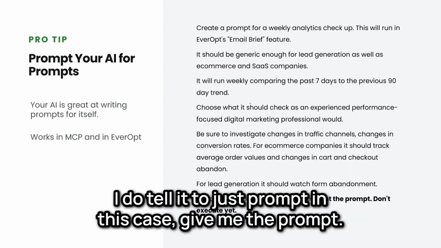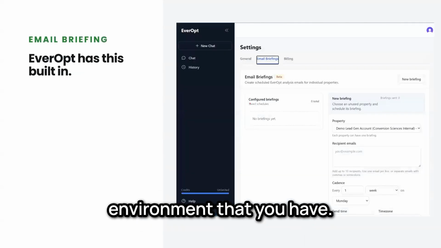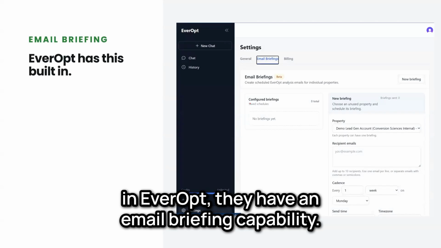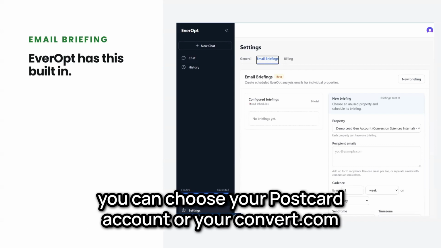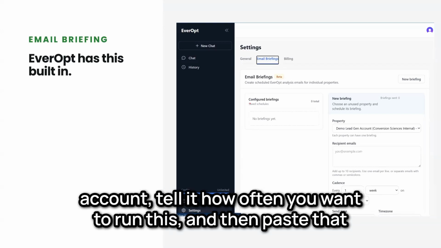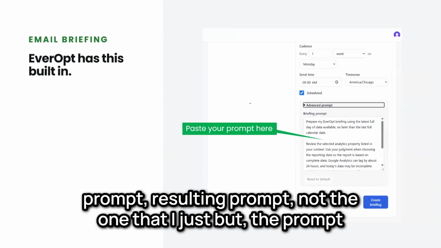I do tell it to just prompt in this case. Give me the prompt. Don't execute anything. So this should work in any environment that you have. In Everopt, they have an email briefing capability. You can go in and you can use multiple GA accounts, or you can choose your PostHog account or your convert.com account. Tell it how often you want to run this, and then paste that prompt,